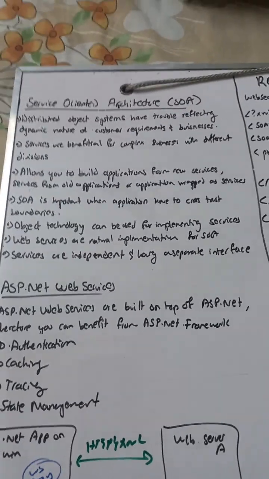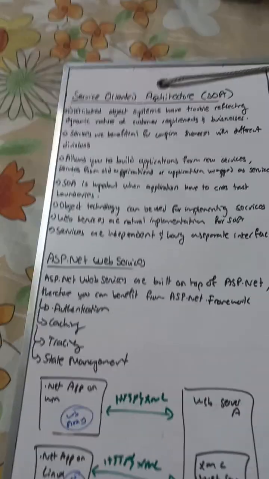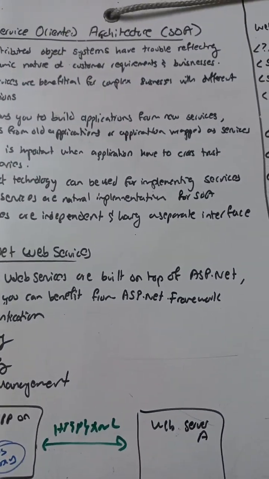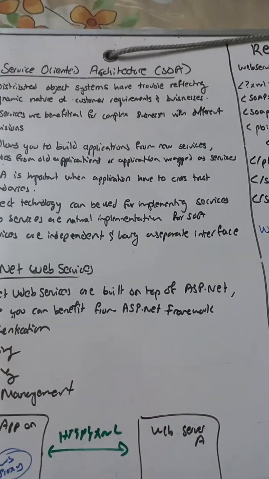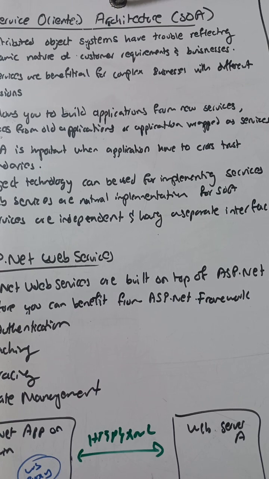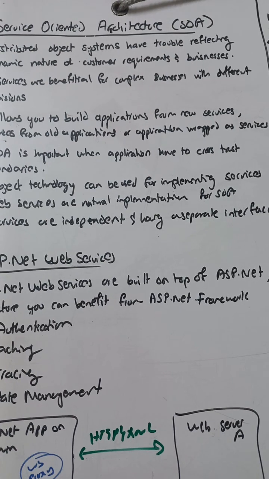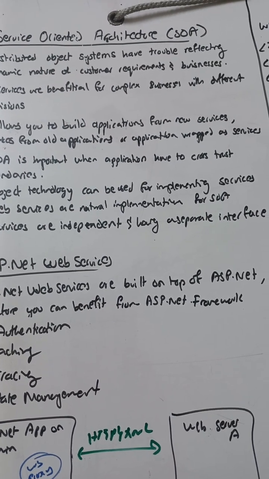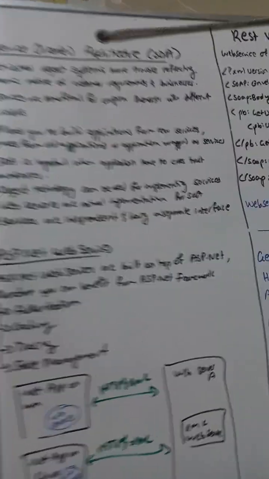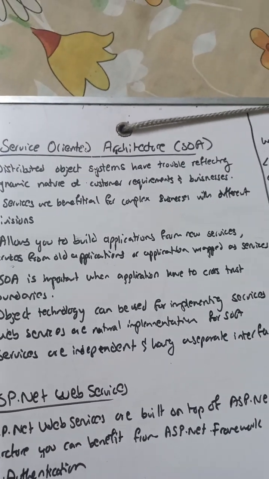Okay, so service oriented architecture. Do not confuse this with SOAP, which is simple object access protocol. This is related to services, and that is related to how information is communicated on the internet, not on the internet, but it's basically the exchange of information in a distributed, decentralized environment, right? So anyways, service oriented architecture, it is distributed object systems